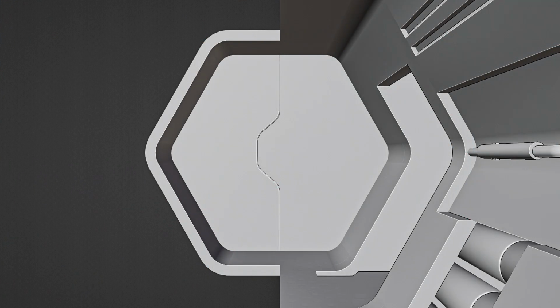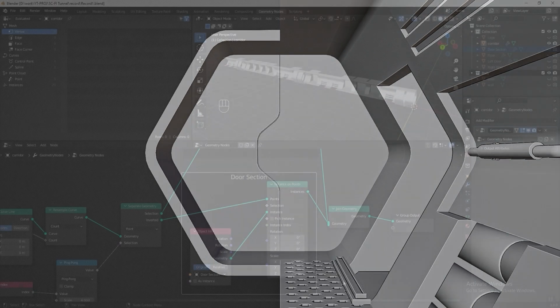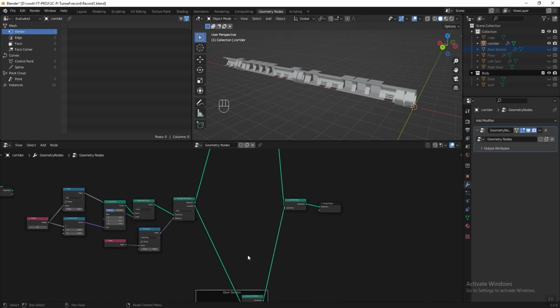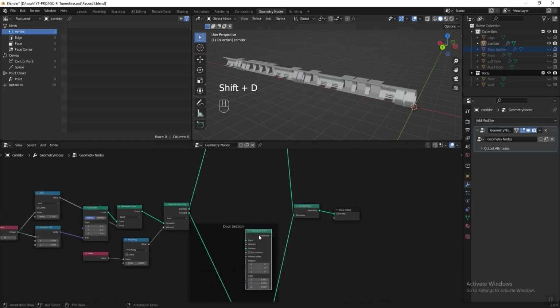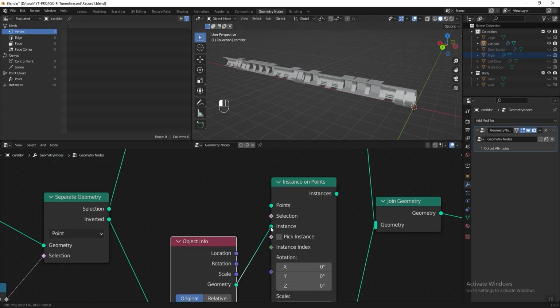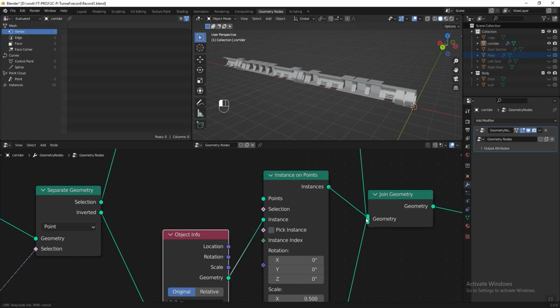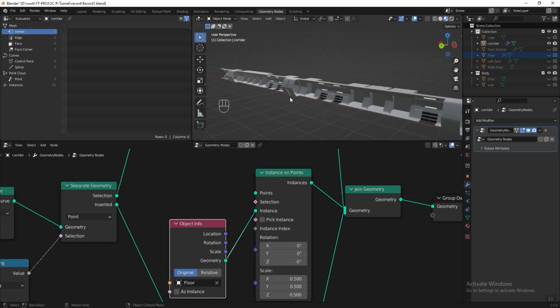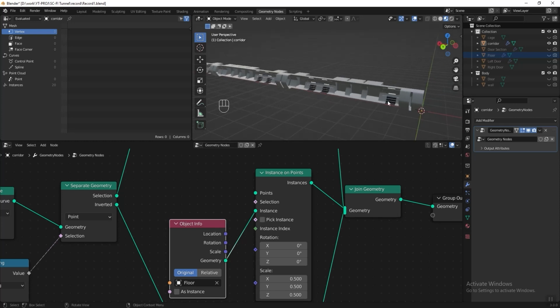Okay, next, we need to add floor to the geometry node. So let's move this higher, move this lower, duplicate this instant on point node, press alternate P to unframe it, drag the floor into the geometry node editor, connect geometry to instant, connect the instant to join geometry. And now, we are not going to add the floor to the door section here. We only want to clone the floor at the body section. So that means we need to take the point from selection output and connect it to the instant on point